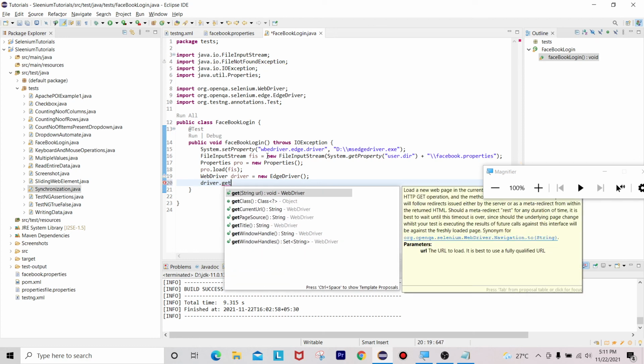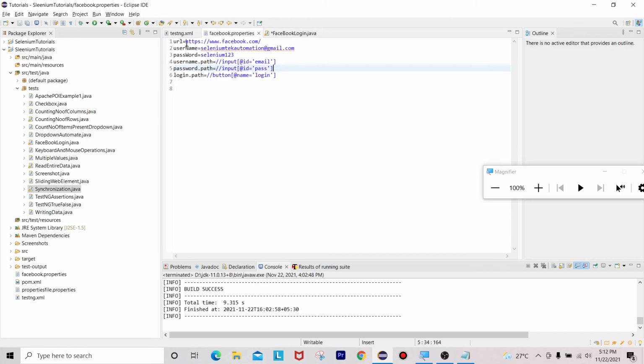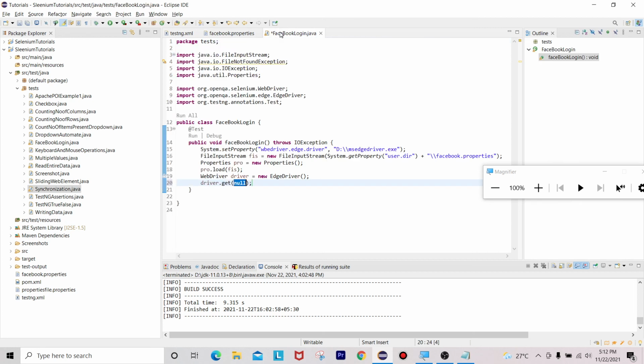driver.get. Now I am going to launch my Facebook application with the help of the key called URL. Once I pass this URL key inside my class, it will give you the value. So for that, driver.get, now take this reference pro